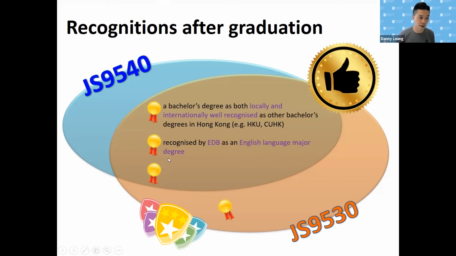The first one is this: English language major degree. You have to major in English in the university as your major. All right, so which enables you to be able to understand, use, and communicate in English well enough. So this is the very first qualification that you have to have in order for you to be an English teacher, or in some other disciplines where English is required. That's the English language major degree. Both the English single degree and the English double degree will equip you with this English language major degree.